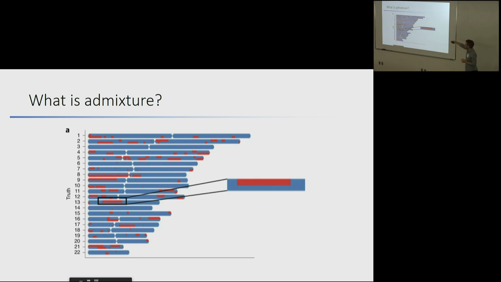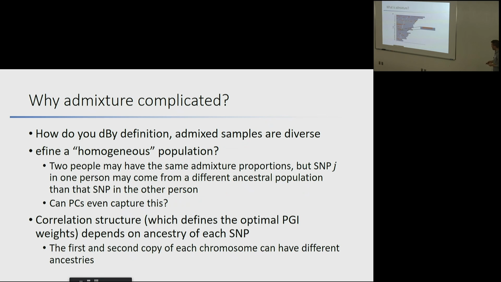Because you look at a person's genome, this is an example of an African American genome, and the blue parts of their genome are African ancestry, and the red, or I think blue in this case is European, and red is African ancestry. And so you can see that where their SNPs are come from different places. So a person is diverse even within their own genome. So not even diverse across people, but diverse within a person. It's hard to think of how to solve this problem.